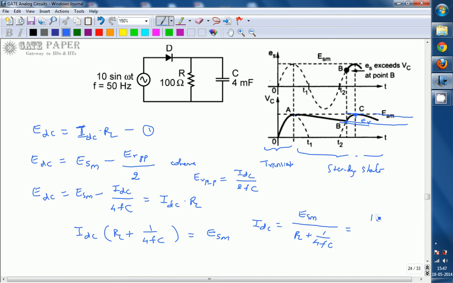ESM is 10 volts, divided by RL, which is 100 ohms, plus 1 by 4 times the frequency, 50 hertz, into C, which is 4 millifarad, so 4 into 10 power minus 3. If you do this simplification, you get IDC equal to